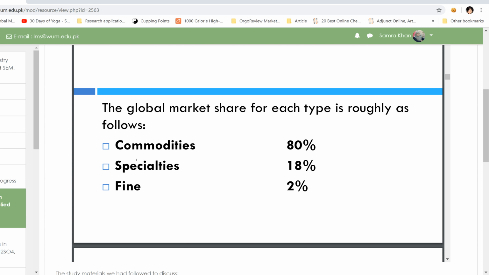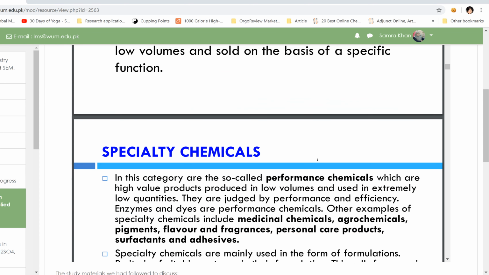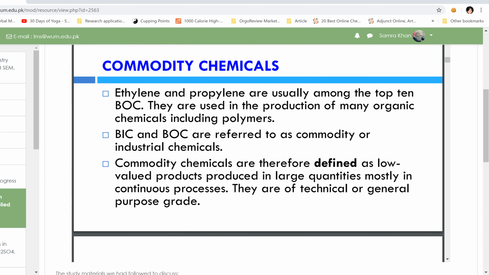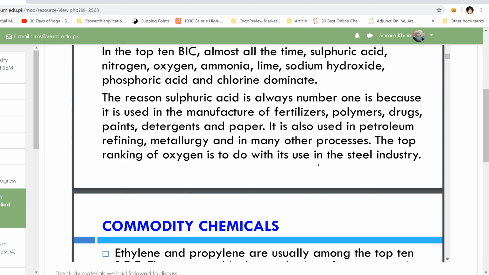That's clear. So moving on to the next one, specialty chemicals at 18%. That's very comparable to how the chemical industries sector is devoted to the manufacturing of the specialties. Fine chemicals are 2%. So let's now come to the point. We are only revising it, so just quickly go through it. The commodity chemicals are those chemicals which are required in bulk. What really happens is that commodity chemicals are those chemicals or those sectors which produce the raw material.